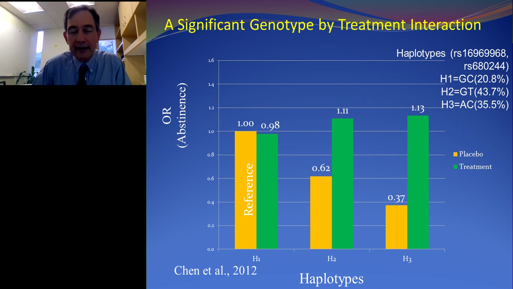They could either get bupropion or varenicline, and if they had the high risk haplotypes, if they had two copies of those high risk genetic factors, then the impact of treatment was a dramatically better response. On the other hand, if they didn't have the variants, then there was no impact of